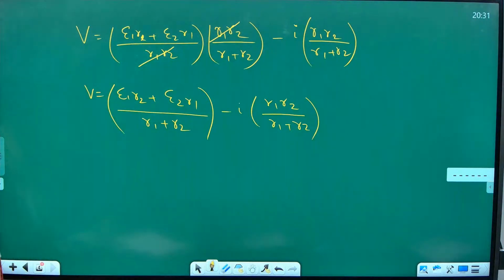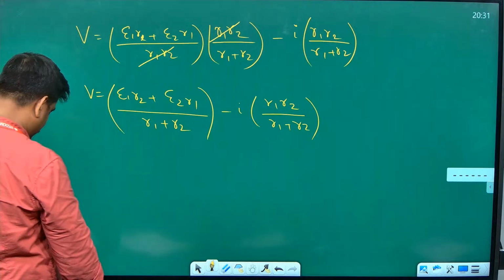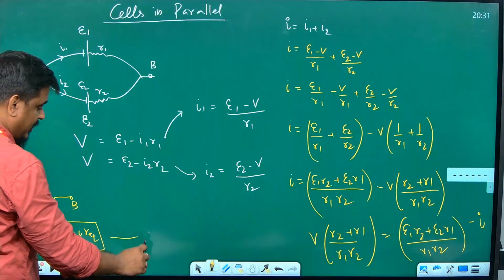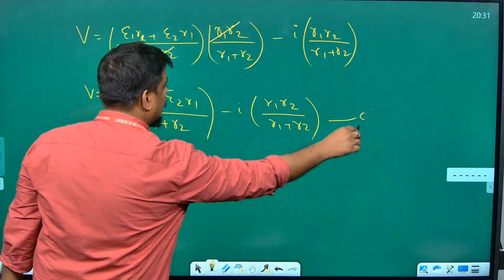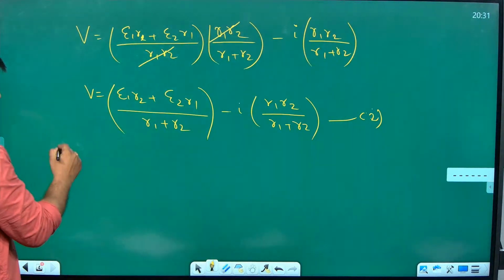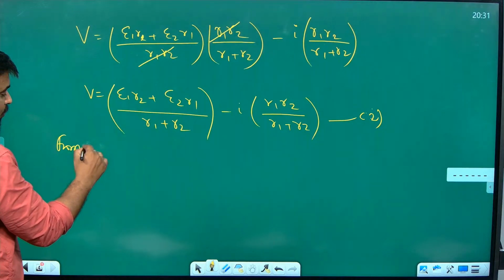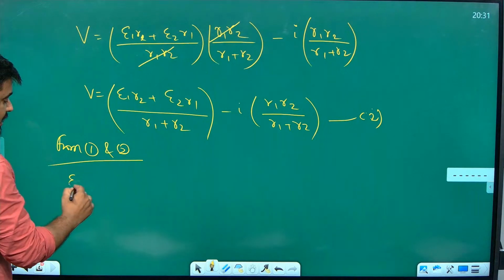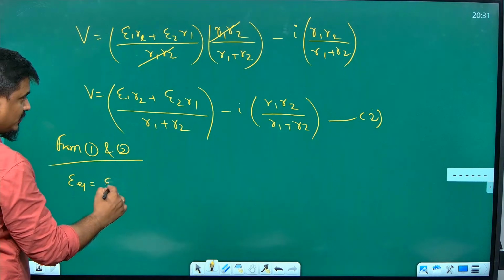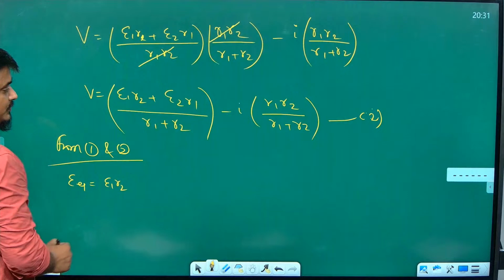I hope everything is going fine. Now compare this with equation number 1, equation number 2. So from 1 and 2, what do you get? E equivalent is equal to E1 R2